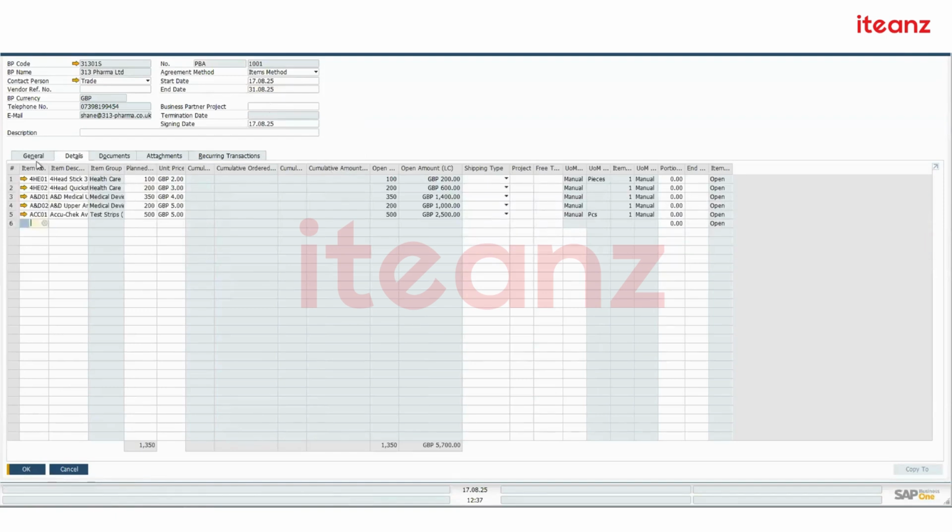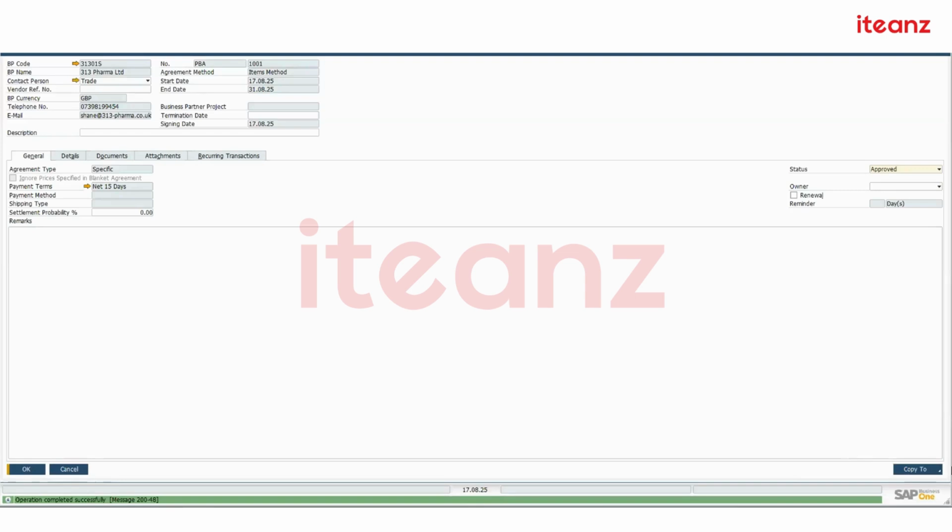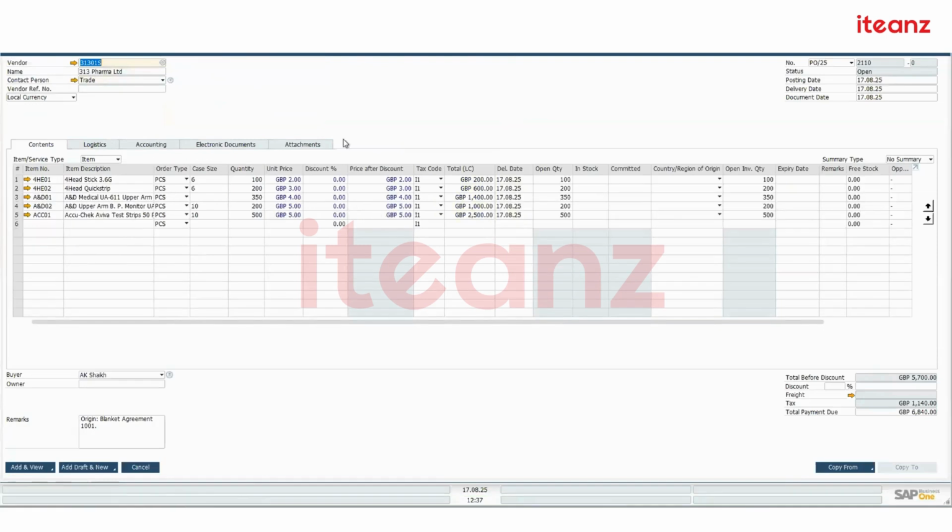Now you can see, once the status is updated from draft to approved, from this document you can copy all the documents. Suppose right now I am copying to purchase order. All the information will automatically copy here: how many quantities I agreed, and at what price. If you don't want to buy at a single time, say the agreement is for 15 days, in those 15 days you want to buy all of these quantities, I can partially buy these quantities,